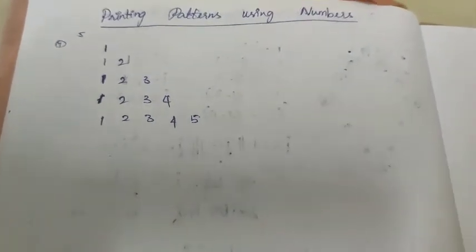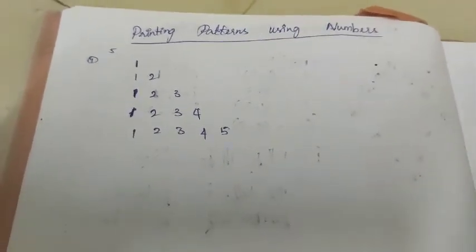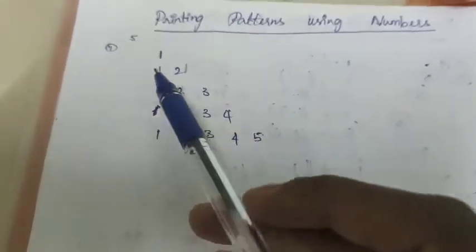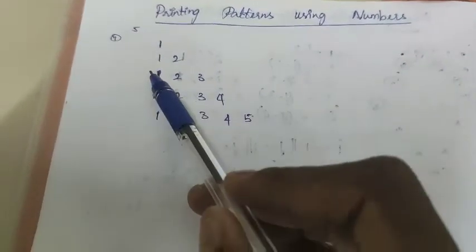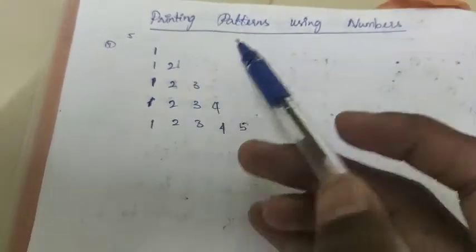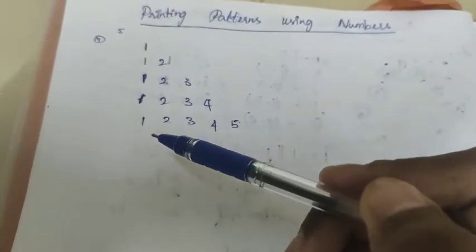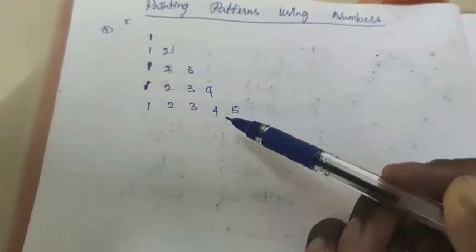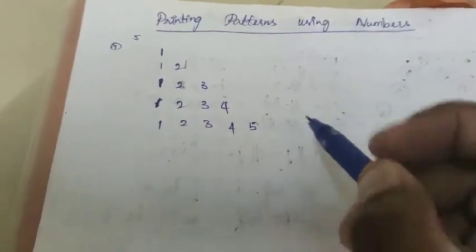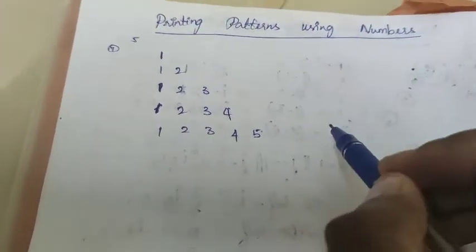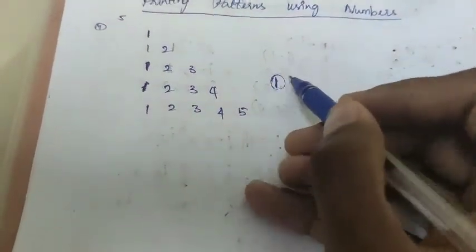In the first application I am going to visualize the pattern when the input is given as 5. In the first row I am getting only 1 as output, in the second row I am getting 1 2, in the third row 1 2 3, and in the final row, that is the fifth row, I am getting 1 up to 5. When I visualize this pattern, I can see the maximum number of numbers that occurred. In the first row only one number has occurred.